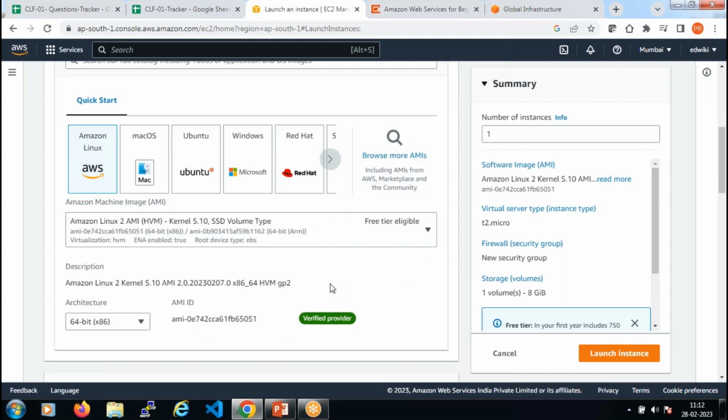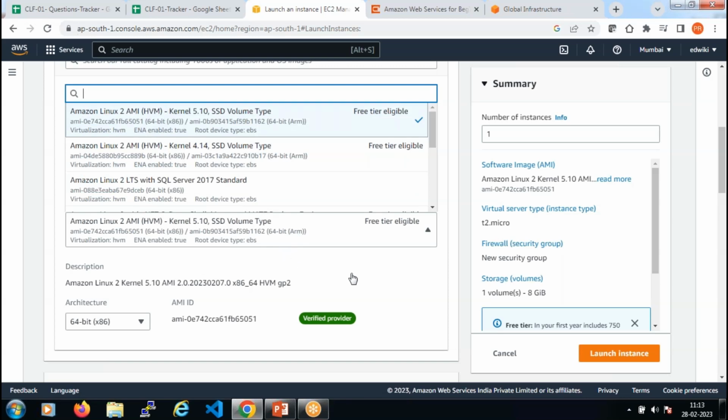For now, I need an operating system. You select the operating system from this list, whichever OS you are looking for your instance. You can see Amazon Linux, Mac, Ubuntu, Windows, right? As of now, let's say I want to use the Amazon Linux operating system in my server. Select it from the drop down,